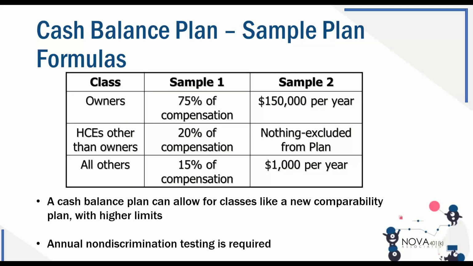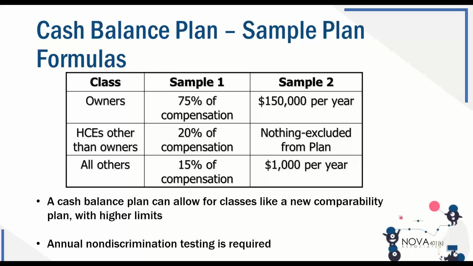Sample one, it could be a percent of compensation for each group, highest for the owners and a smaller amount, 15% for staff. Sample two, we have just a flat dollar amount, which is honestly our most common design because it's simpler. It doesn't vary when compensation fluctuates as much. And in this plan, we have the